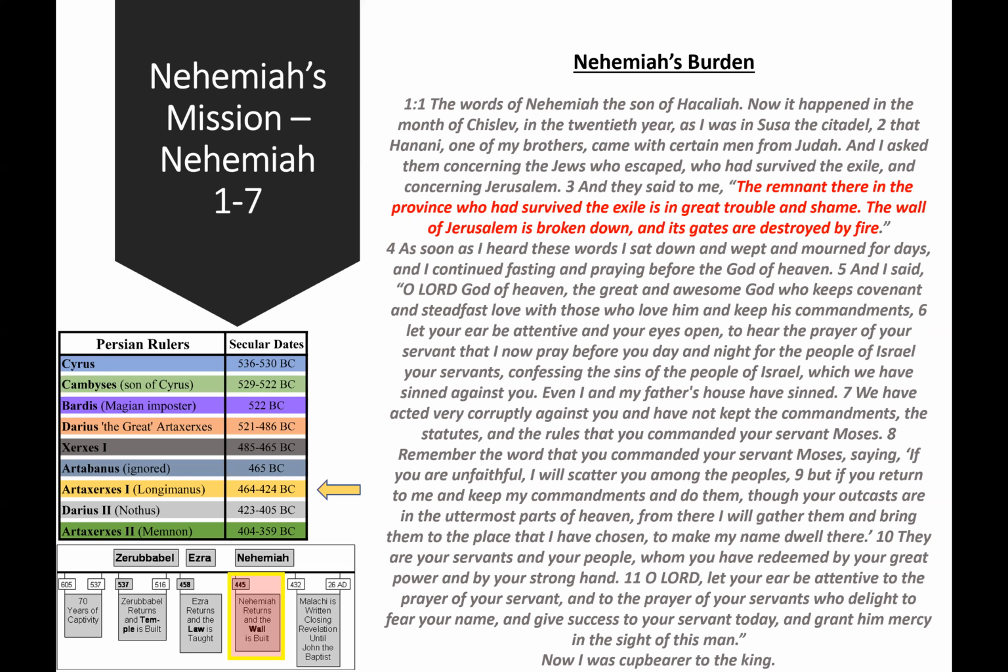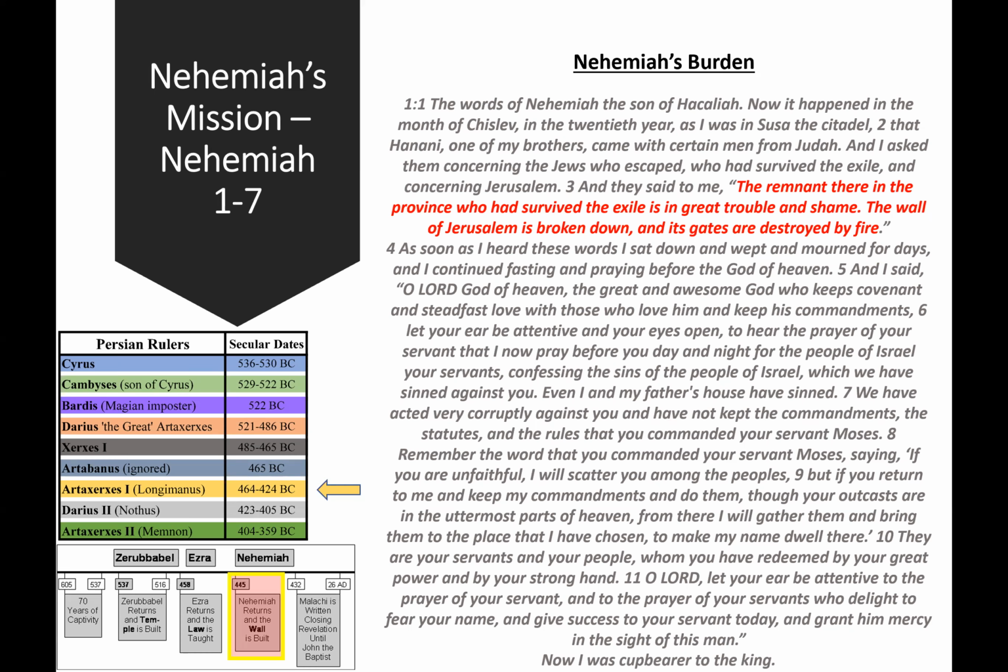And they said to me, the remnant there in the province who had survived the exile is in great trouble and shame. The wall of Jerusalem is broken down, and its gates are destroyed by fire. As soon as I heard these words, I sat down and wept and mourned for days, and I continued fasting and praying before the God of heaven. And I said,